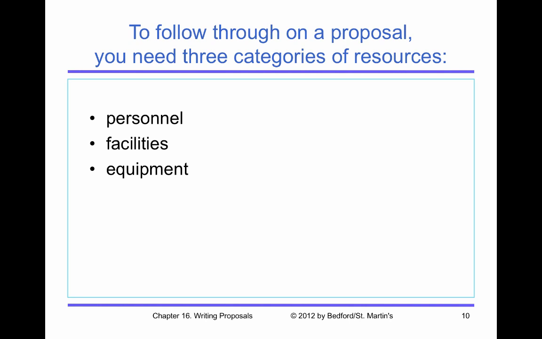Different categories of resources, personnel. So with this proposal, I think most often students propose it as they individually will be the person responsible. But from time to time, I'd say a good maybe 25% of the proposals, 1 in 4, have kind of a team. So they say, here are the different people who will be on this project. Or so you have to think about those resources, who's going to be involved, facilities and equipment, other